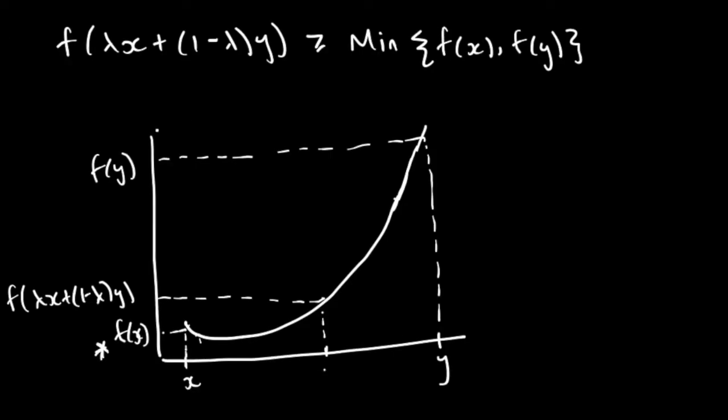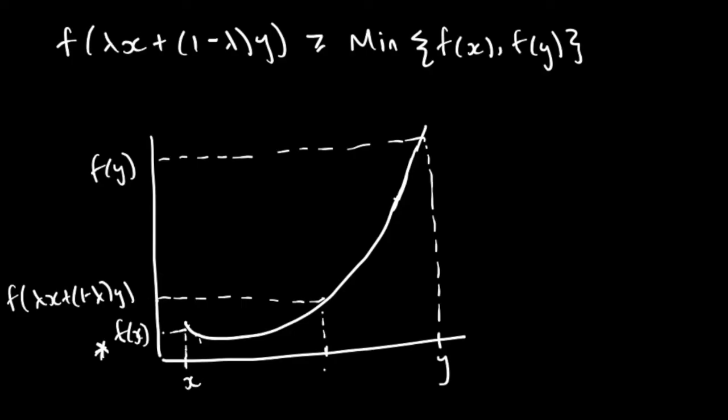Our quasi-concave definition states that the function of the linear combination for any lambda has to be greater than or equal to the minimum of f of x, f of y. So any linear combination we take, the function of that linear combination has to be greater than this point here. So in our case here, with lambda that would take us to here, we do meet that